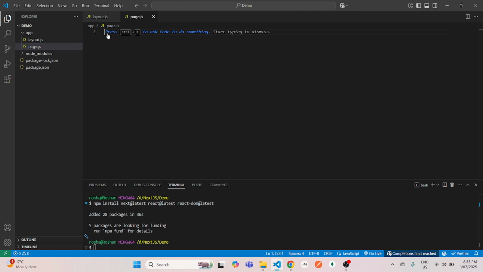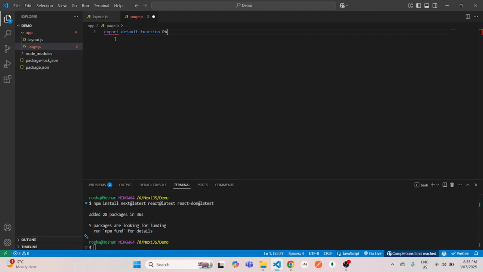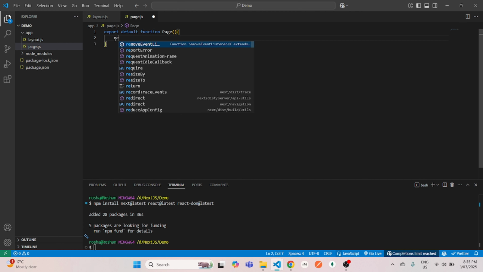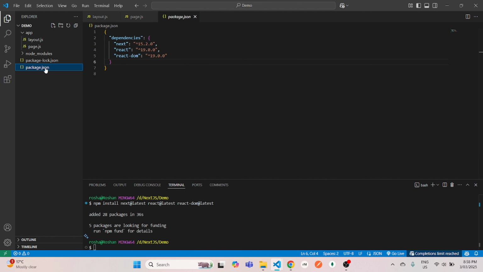Inside this page.js as well, we'll create a new function and export default function, name this Home, and we will write a simple h1 and say welcome to this application. Once you're done, now let's open package.json and add a few scripts to this package.json so that we can